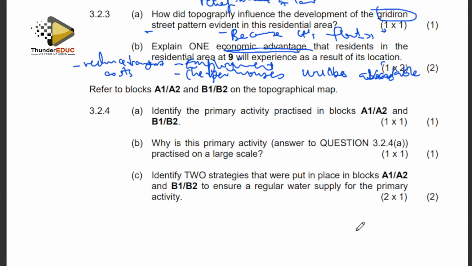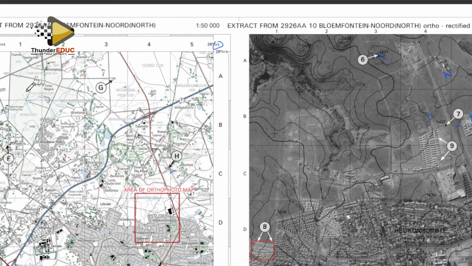So let us look at this question. It says refer to block A1, A2, and B1 and B2 on the topographic map. A1, A2, B1, B2. We come here. So we are referring to these 4 blocks here. And the first question says,